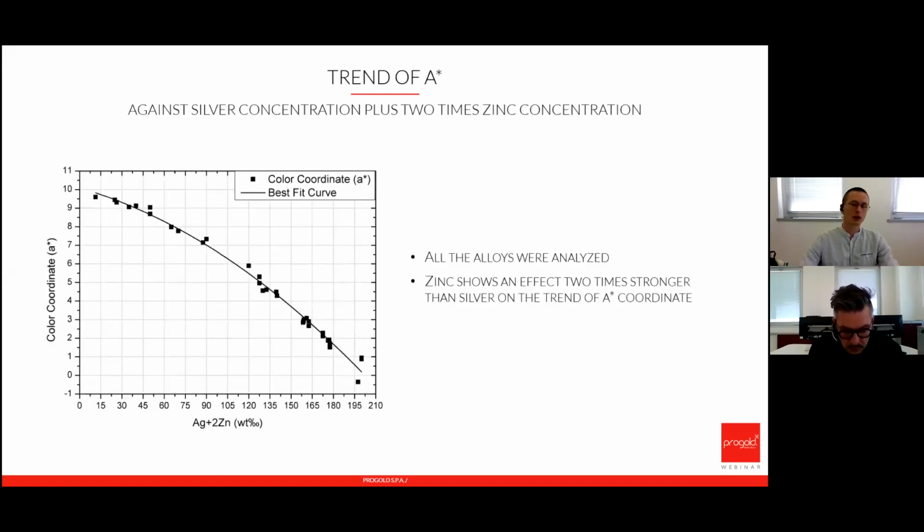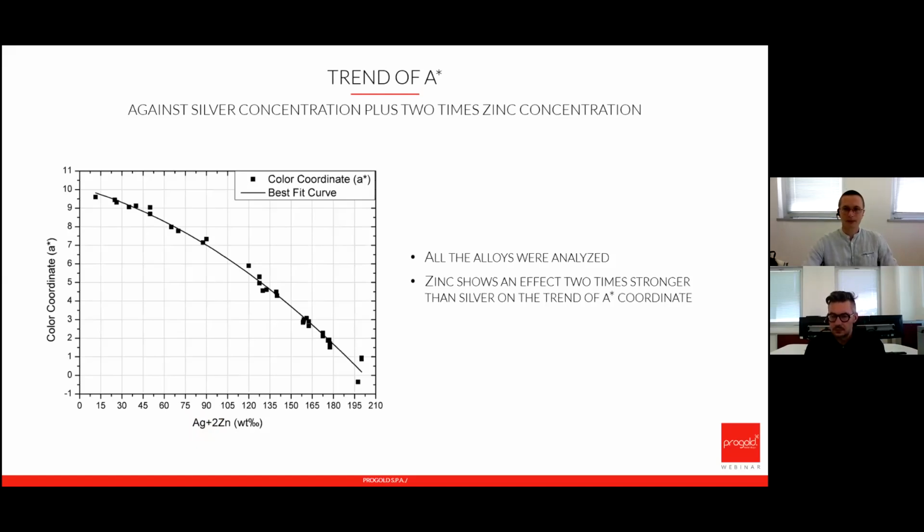So in this case, we discover a very important thing: zinc is moving the A coordinate in a double way, so with double power, we can say, than silver. And that's why in this graph, we plot the A coordinate by changing the sum of silver plus 2 times the zinc. And this is why, as we say, the zinc has a double whitening power than